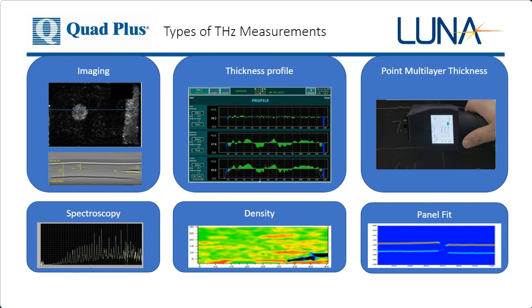We can certainly scan it over a product and get imaging, as shown in the upper left. Just below that is a cross-sectional image, so this is time in the vertical direction and space in the horizontal, a lot like you would get with an ultrasound image. We can certainly do spectroscopy because we're a broadband source. We're putting out a very short pulse, which has a broad bandwidth. And in an industrial application, where we typically scan across a product, you'll get some sort of a thickness profile, and you'll see some examples of that from Josh later on. Then we also make some handheld tools for non-destructive testing,